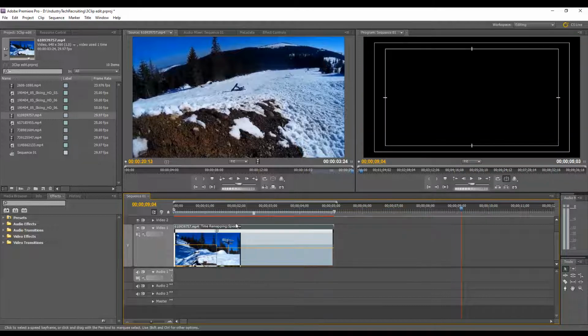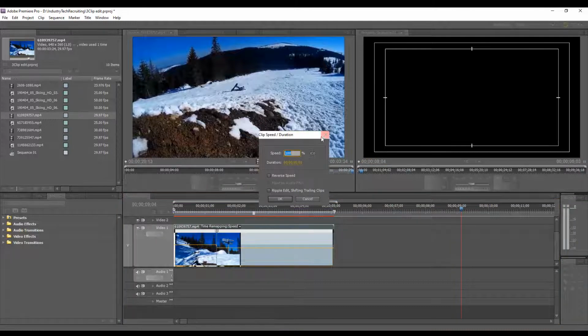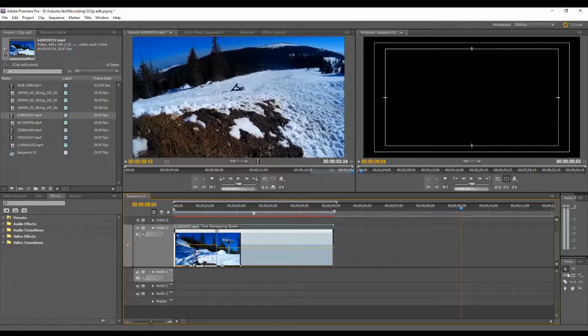And simply, the first one, speed and duration tool there. The second one, rate stretch tool from your toolbar here. And the third one is using the drop down menu on your clip and going to time remapping and speed. All right. So that covers all 3 of those. That should help you out when you're working